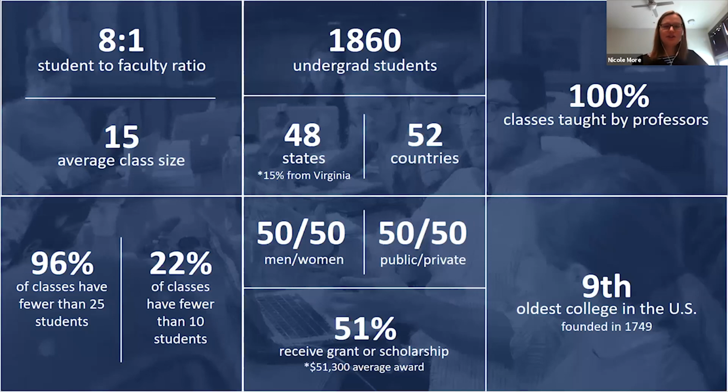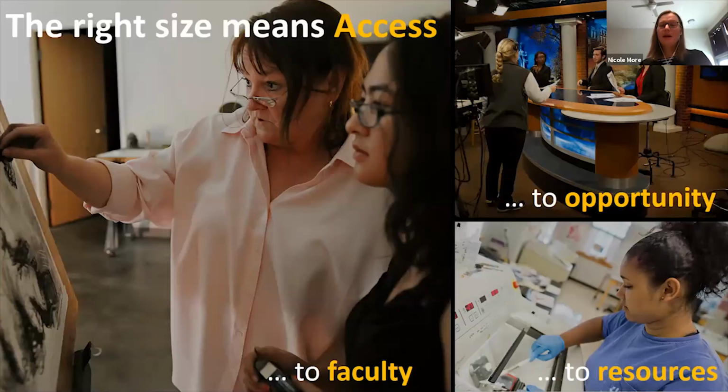Some very basic information. You can see there we have very small class sizes. The overall size of the university is only 1,860 students. So we're very small, and you have to be ready to have small one-on-one time with professors. So with an 8-to-1 student to faculty ratio, some of our classes only have 2 or 3 students in them. So there's a lot of one-on-one time with your professor. And we really do feel like this is the right size, the access to the opportunities of campus. You saw in the video how much interaction students are having with their professors. We want students to be doing